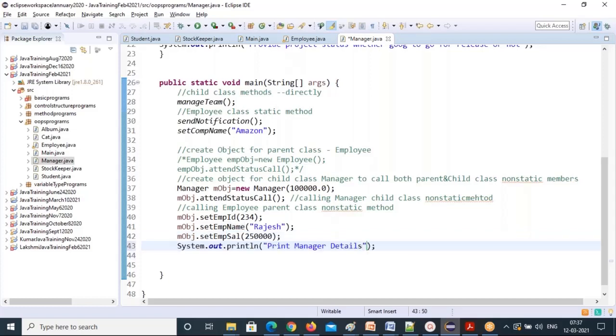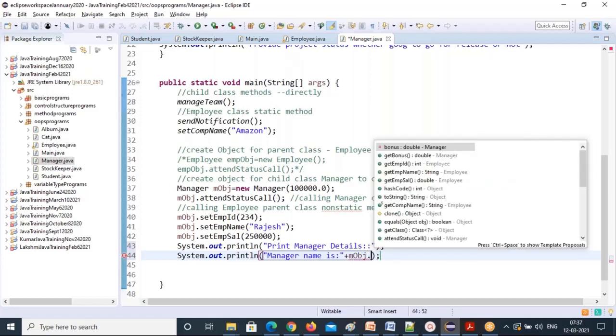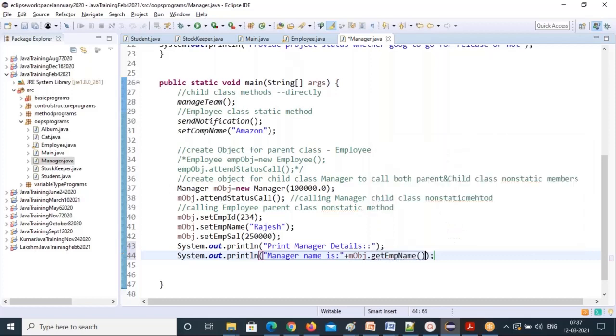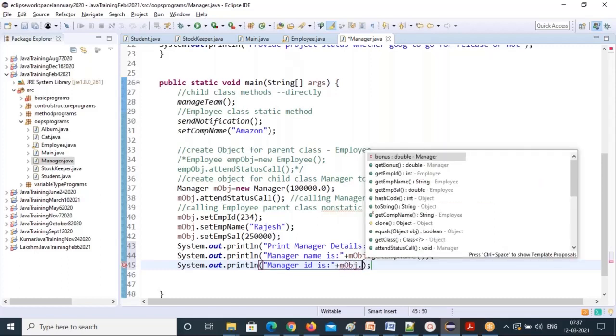I'm printing the manager details. How can you get the manager name? You set it, but how can you get it? With the object, get employee name. I'm calling the getter methods now. This is how you are going to use all the getters and setters, and you're giving tight security to your data. For each object, data can be stored separately.